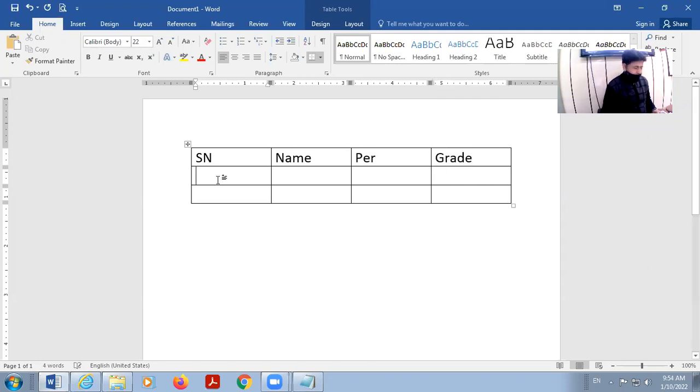Suppose here I am giving roll number one, name, percentage 99, grade A. Roll number two, name, marks 87, grade is B. Suppose I want to create this table in HTML.